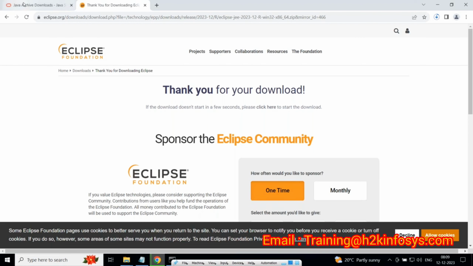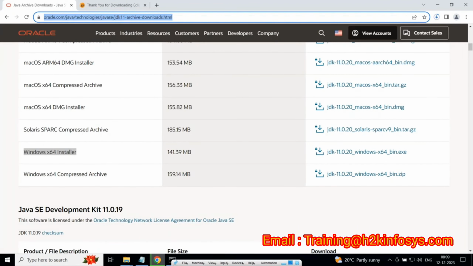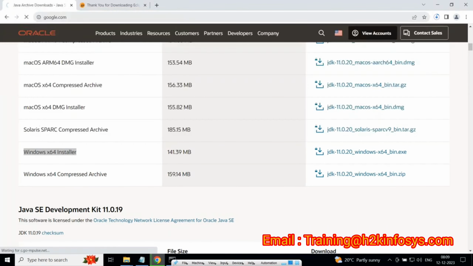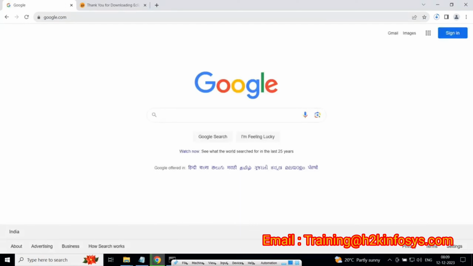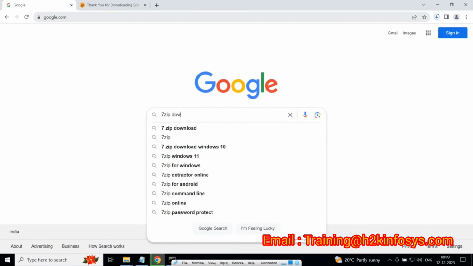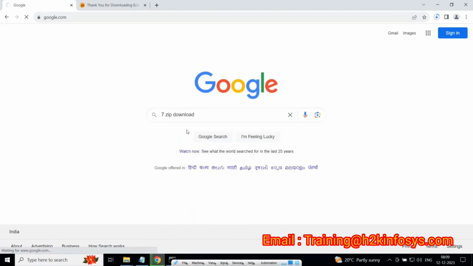But I would recommend you install one additional software called 7-Zip. What is the software called? 7-Zip. 7-Zip download. This is a very small, lightweight software which is basically used for unzipping any archived file. If you ask me, Santosh, we can directly use